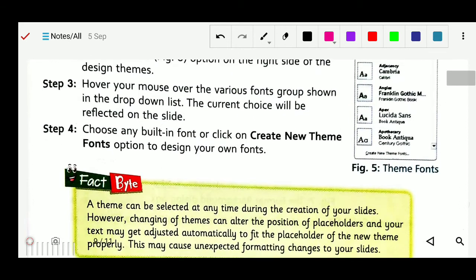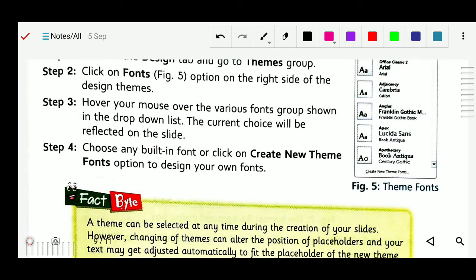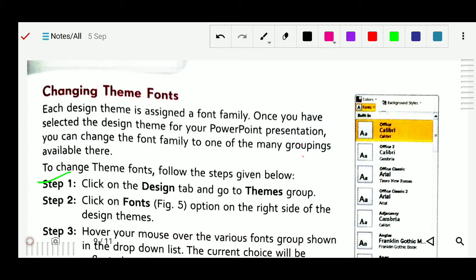Then hover your mouse over the various font groups shown in the drop down list. The current choice will be reflected on the slide. Then the fourth step: choose any built-in font or click on create new theme font to design your own fonts. When you click on this font tab, you will see the list of different fonts.